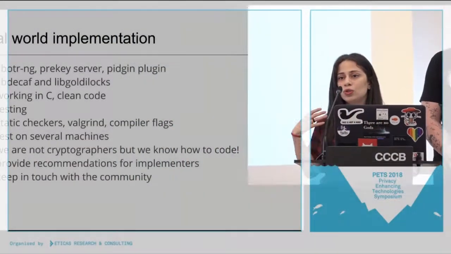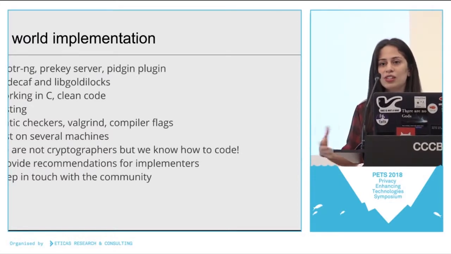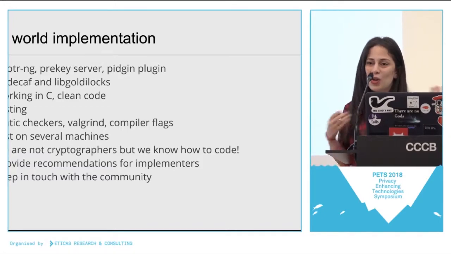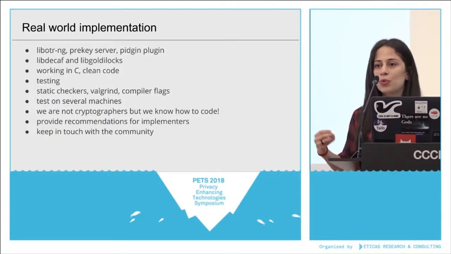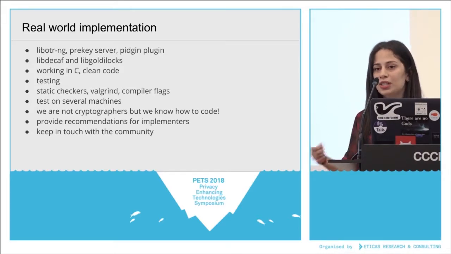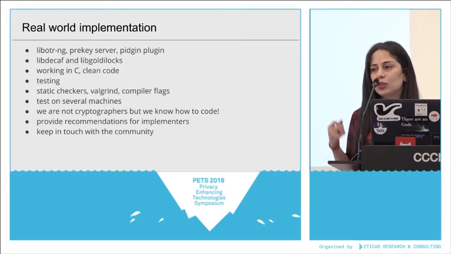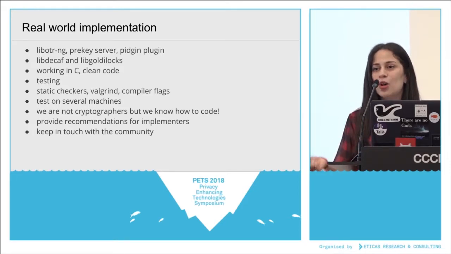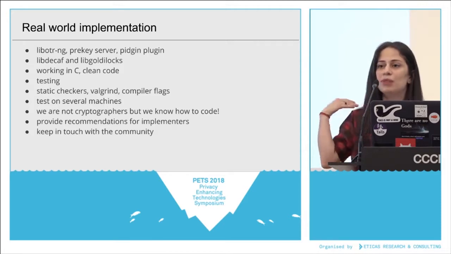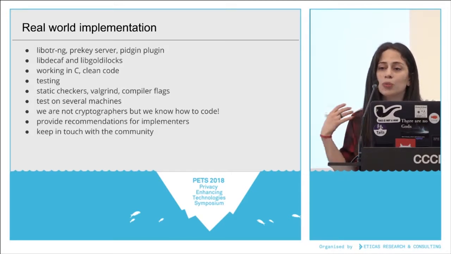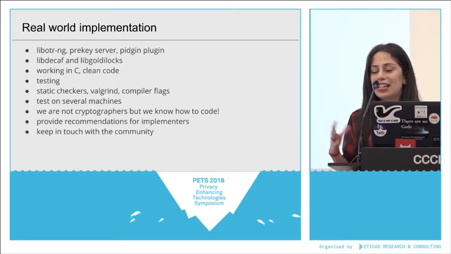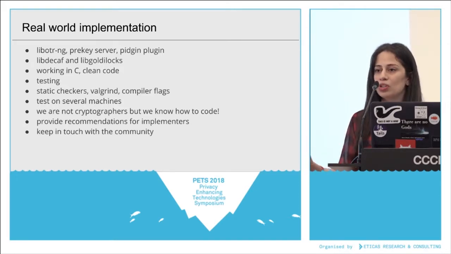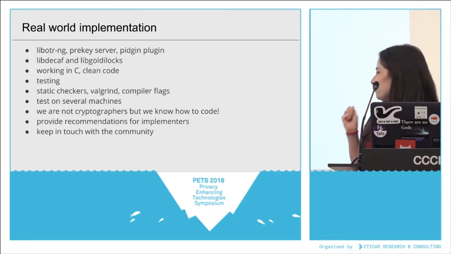Because oftentimes when you do some research, you have an implementation that sometimes doesn't run on one operating system, it doesn't compile on all compilers. And we wanted to provide, with a real-world protocol, a real-world implementation that could work on most of the operating systems, most of the compilers, and that can just run when an implementer wants to run it. And this is one of the insights that we have from OTR before. And we also wanted to provide implementers an example of how you can implement this by doing, for example, a plugin for a real-world chat client such as Pidgin.